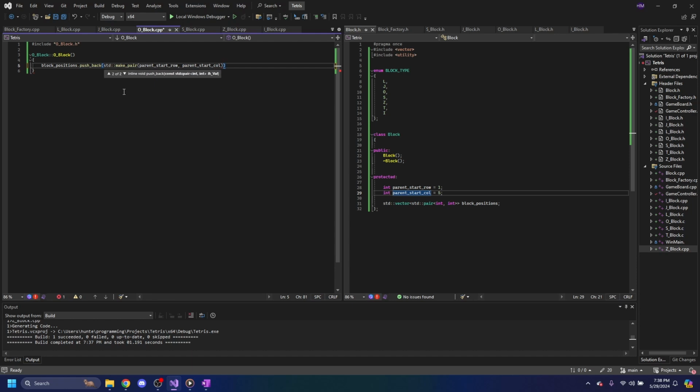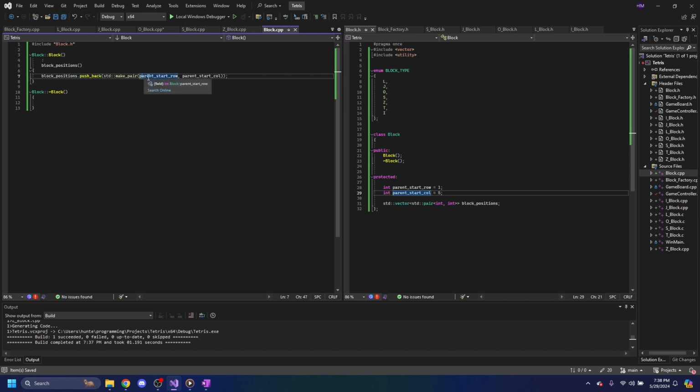We could actually probably throw this in the block constructor. So anytime we make a new block, we should always have whatever that parent is already stored in there. So say for O block now, we're going to need to push back,